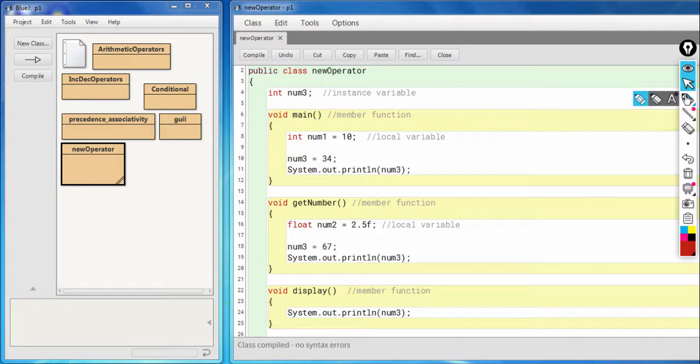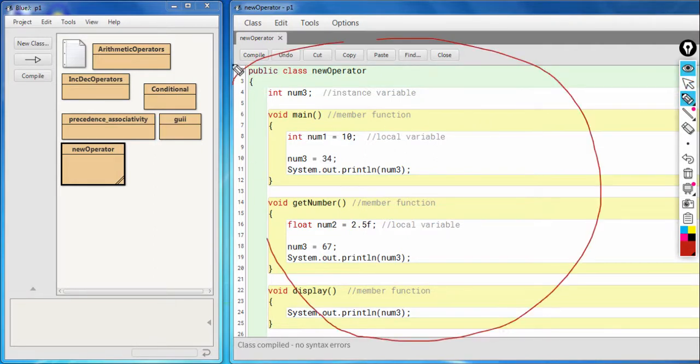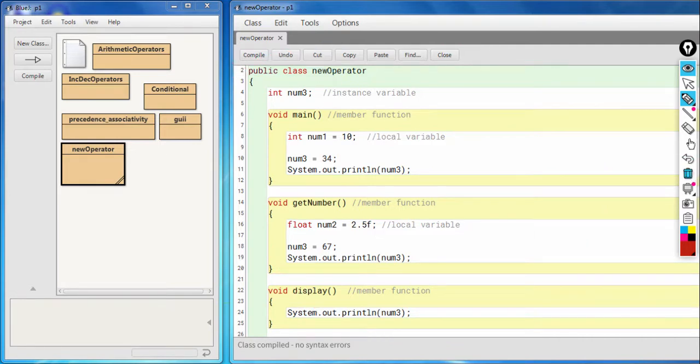So in the previous video we were discussing the concept of instance variables. So this is the program which we were looking at. We have seen how separate variables are created for each object, or every object has its own copy of the instance variable.